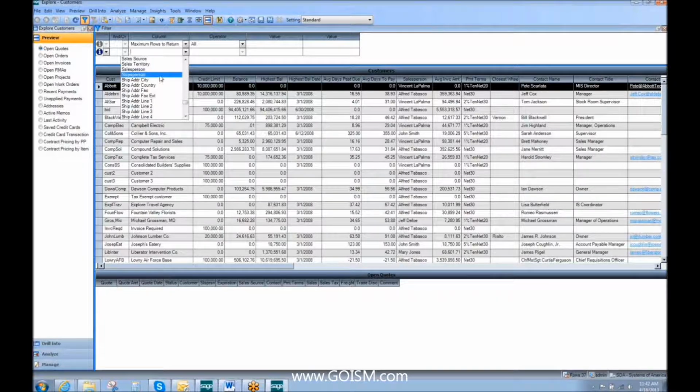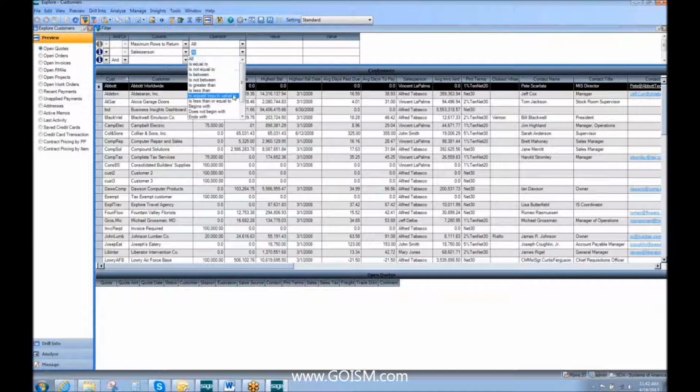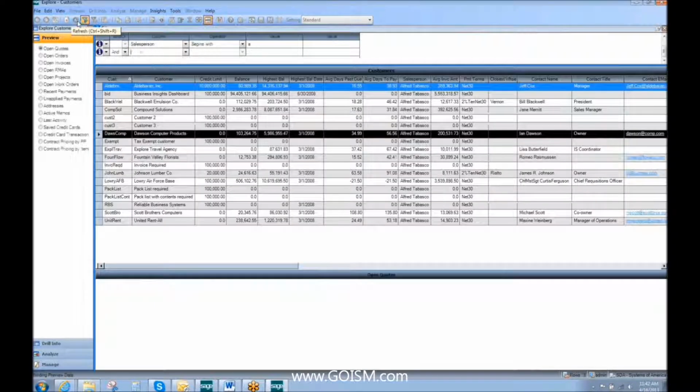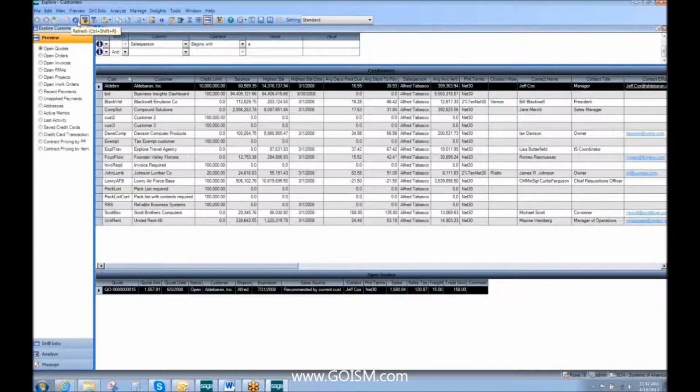Now here's one of the tricky ones because I'm trying to guess which is the salesperson. Sometimes you have to play with it. One's a salesperson name, one's an ID, but either way, I know I want all the salespeople that start with A. Jump, I've got my salespeople. Or if you don't have a long list,